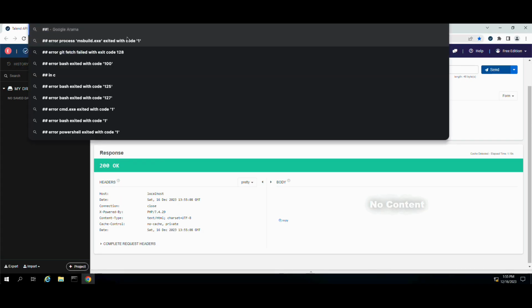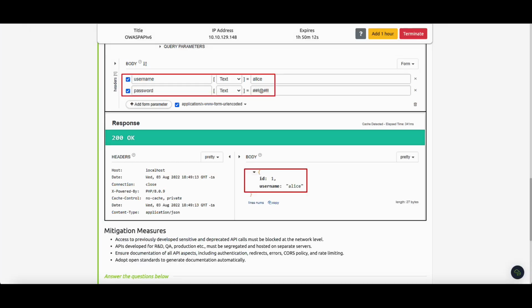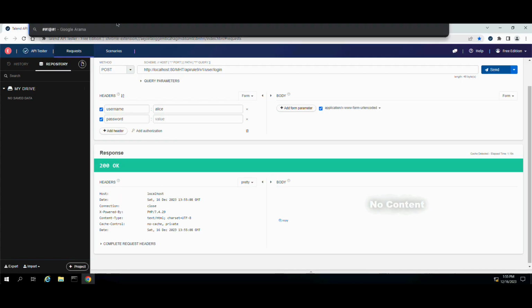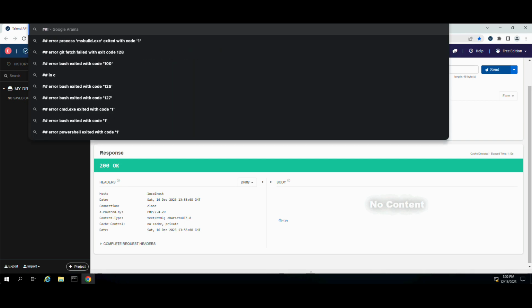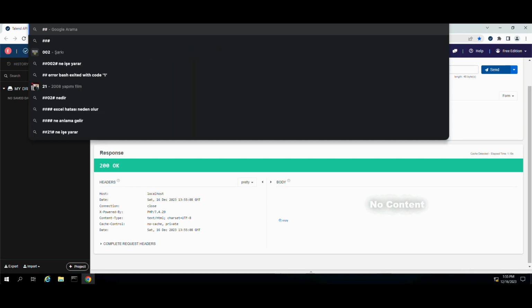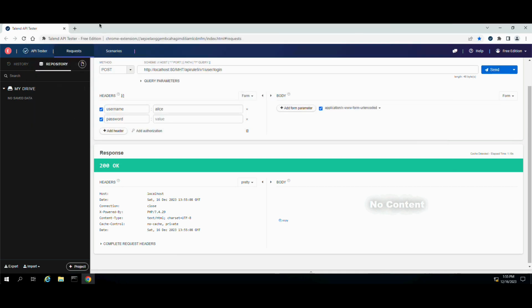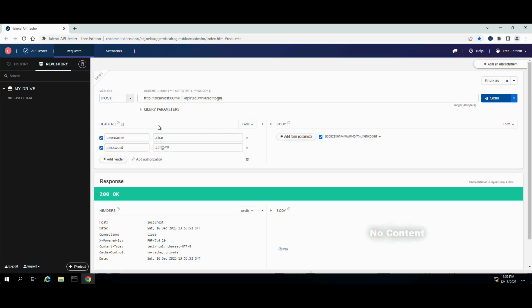Okay, then again this one, and delete them one by one. So let's come here and paste it here, and then send it. Here we still don't have any info, but we have to make